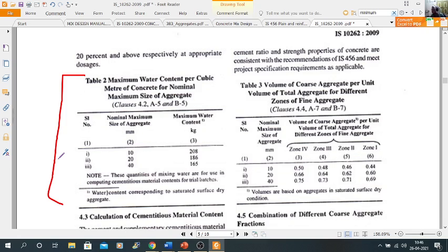Then we have seen the different codes required for mix proportioning of concrete: IS 456:2000, IS 10262:2009, IS 383 for aggregate, IS 9103 for admixture, and IS 3812 for fly ash. All these IS codes are required for the mix proportioning or mix design of your concrete. Also SP 23 is the complete guide handbook for the mix proportioning of your concrete.